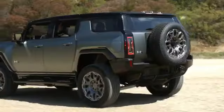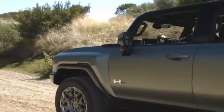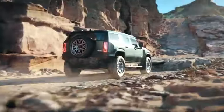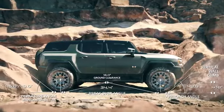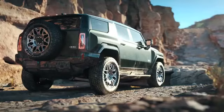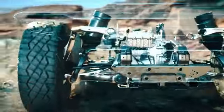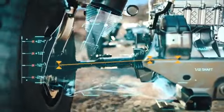This starts with its 126.7-inch wheelbase, which will help make it easy to tackle tight and challenging trails. This wheelbase, coupled with the vehicle's short rear overhang, enables the Hummer EV SUV to deliver impressive 34.4-degree breakover and a 49-degree departure angle. This departure angle will be an amazing advantage when off-roading, like when you have to go down a steep hill and then ascend immediately up another. On top of that, the Hummer EV SUV's generous 13-inch front and rear suspension travel will help you take on